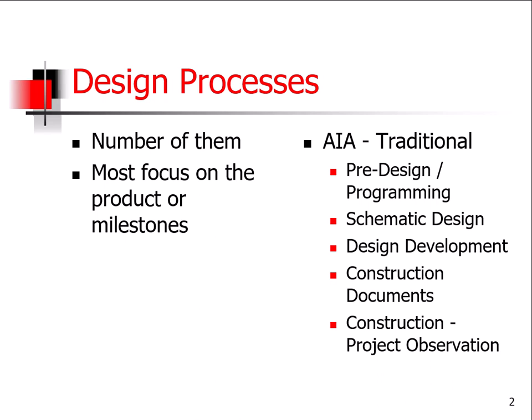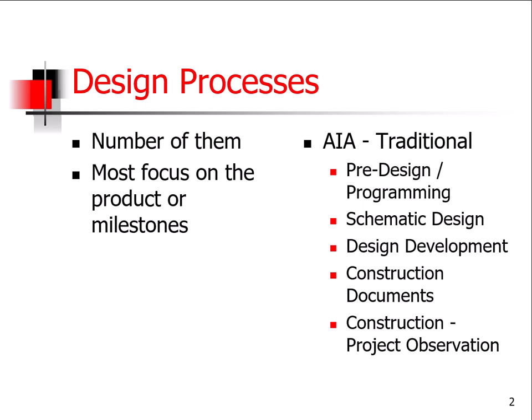These are product focused. In other words, each one of those milestones has a product that must be delivered to the client, and it walks us through but it doesn't really tell us what happens or what is really done